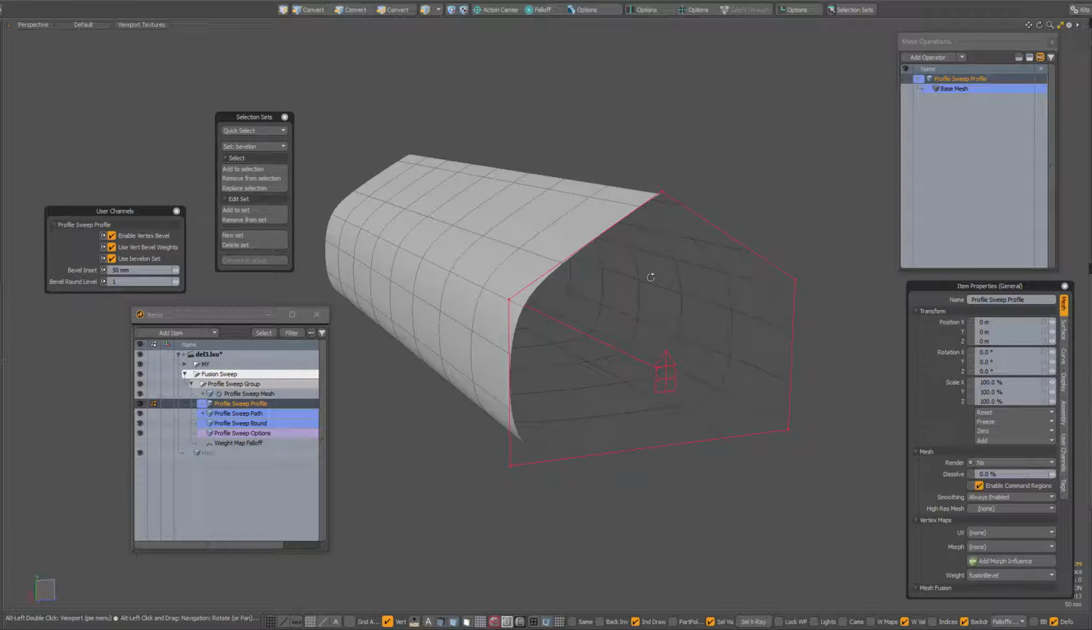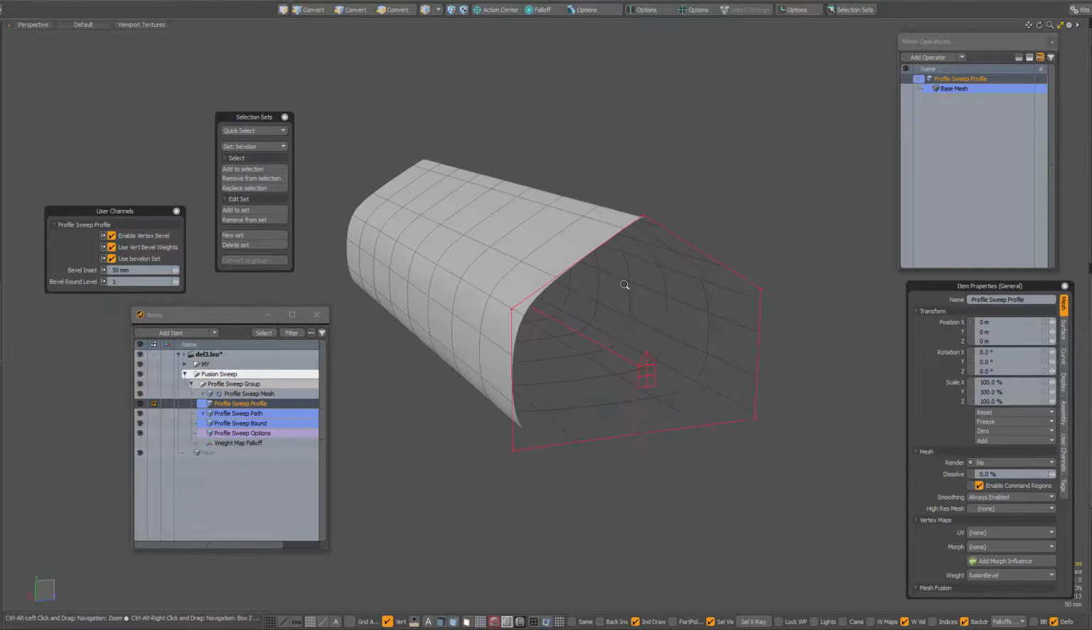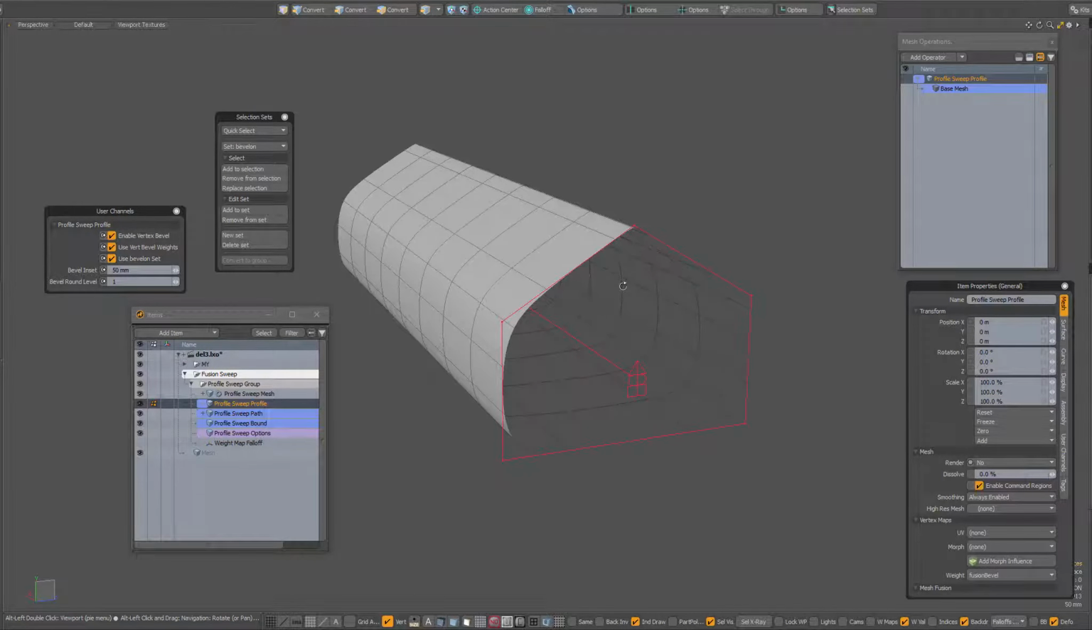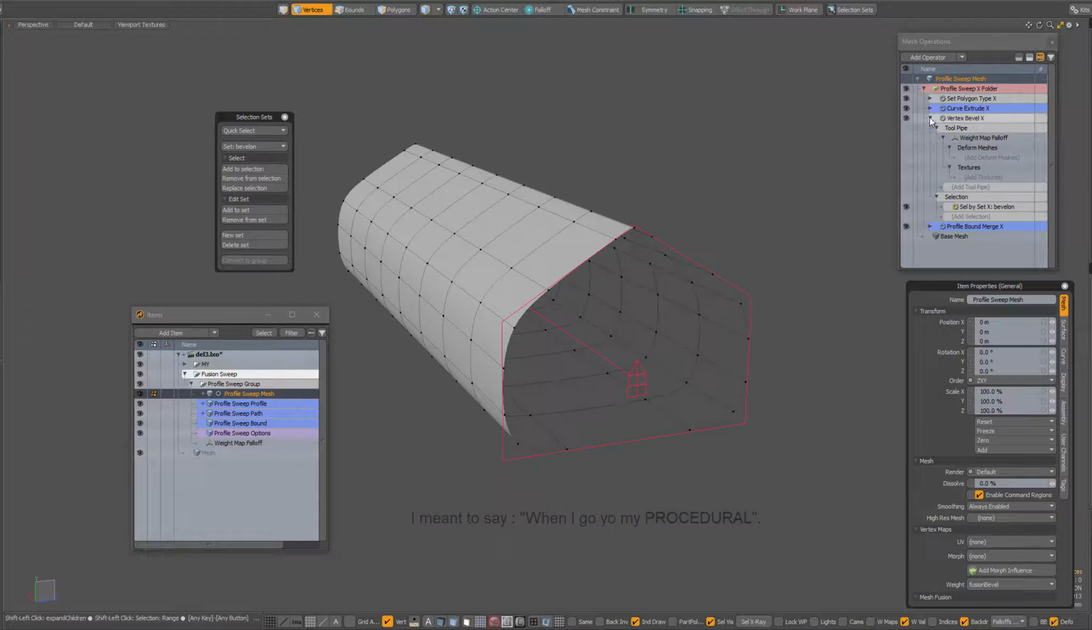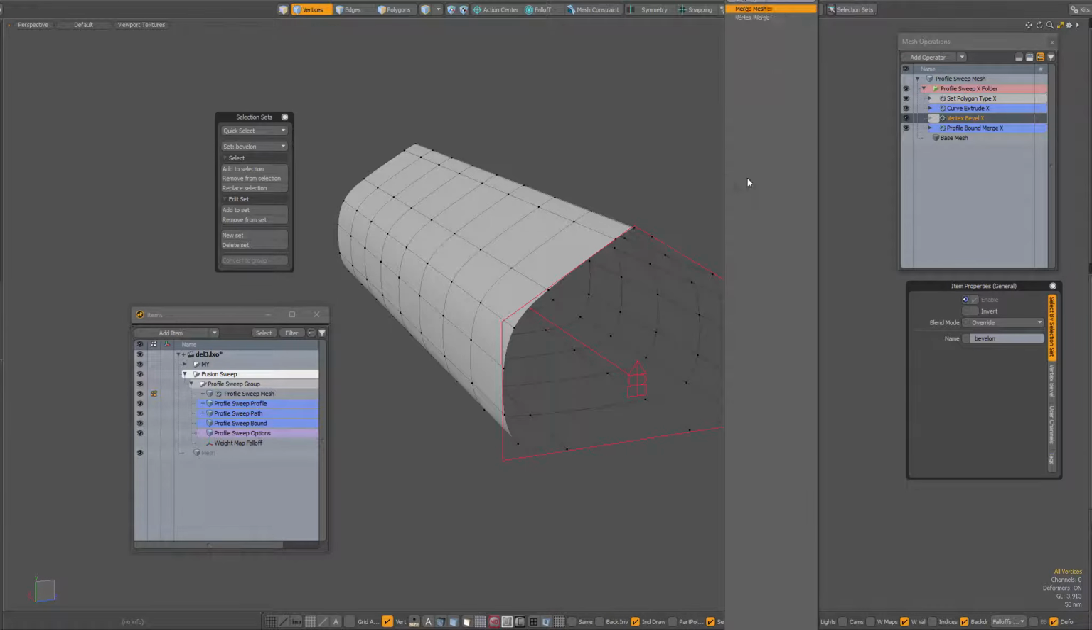Now, with previous experiments, I've encountered a few problems, and that has to do with the beveling. Sometimes you may get an artifact, and I prefer when I go to my profile and I'm going to close my vertex bevel to add a merge vertices after the vertex bevel. So I'm going to add one, and I'm going to say merge